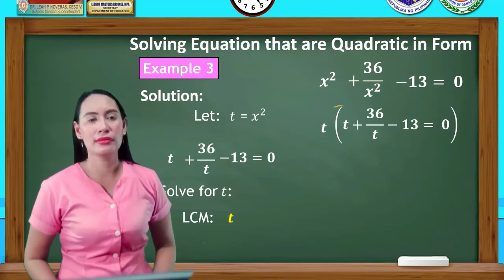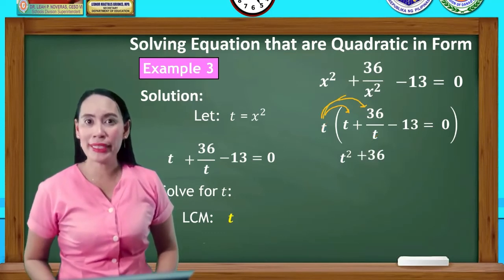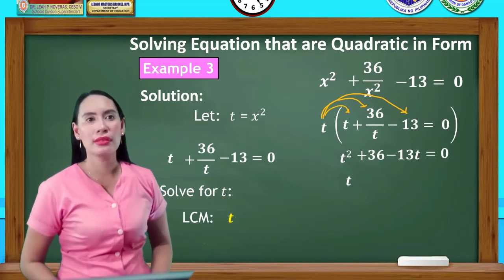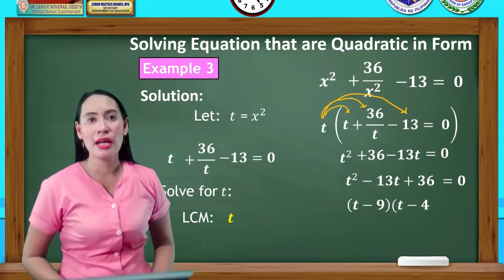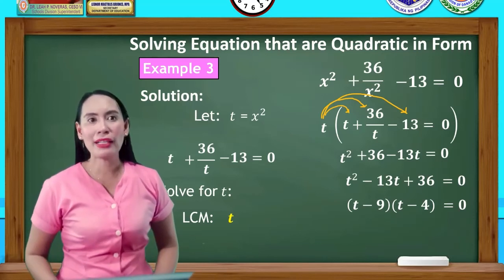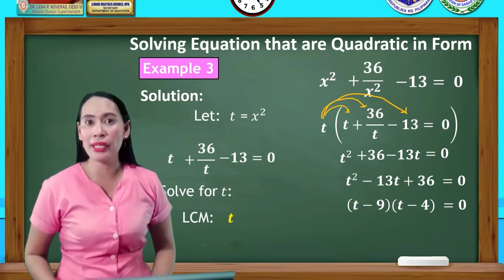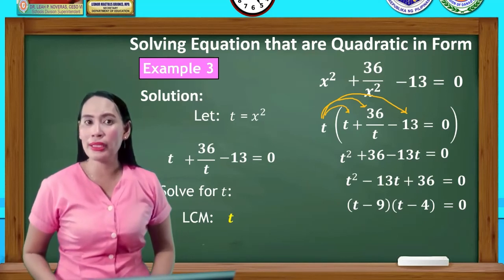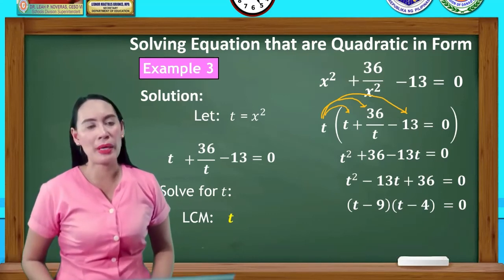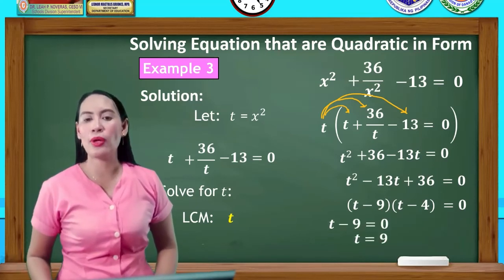t squared plus 36 minus 13t equals 0. Then, t squared minus 13t plus 36 equals 0. By factoring, the factored form is the quantity t minus 9 times the quantity t minus 4 equals 0. By applying the zero product property, we have two linear equations: t minus 9 equals 0,